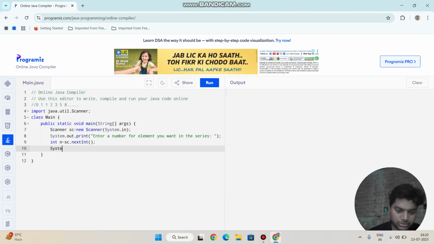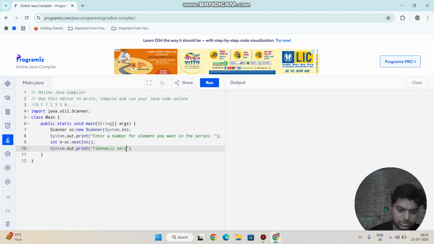And System.out.print Fibonacci series up to n elements is.